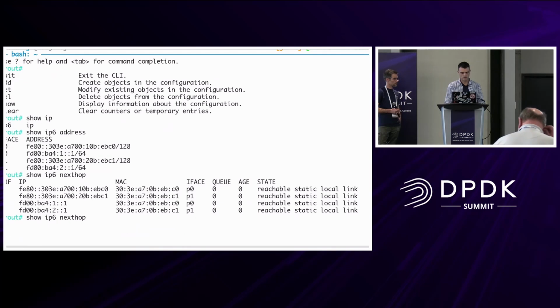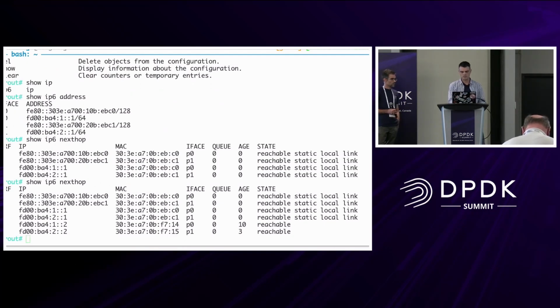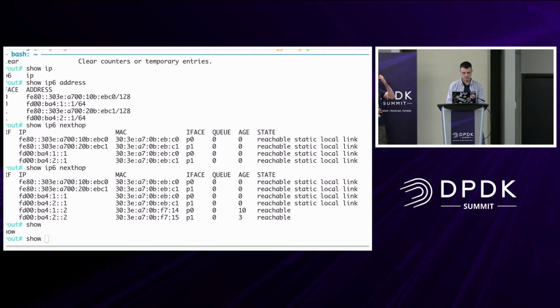And now we can see that Grout has learned the neighbor using NDP. And there's a timer. So for now, it's hard-coded. So after, I don't know, 1 day, the next hops are expiring. But it's perfectly OK for a demo. And we can also see that in the statistics,